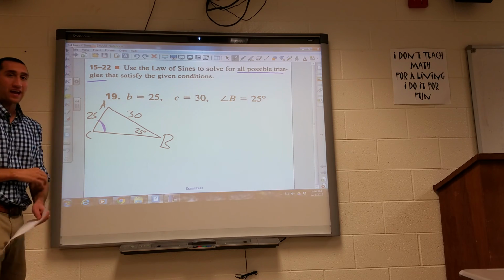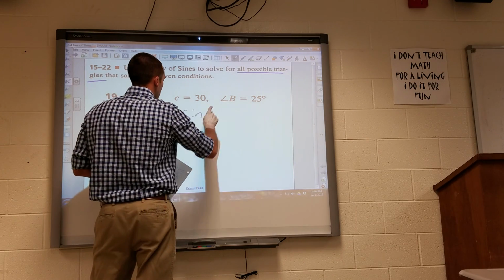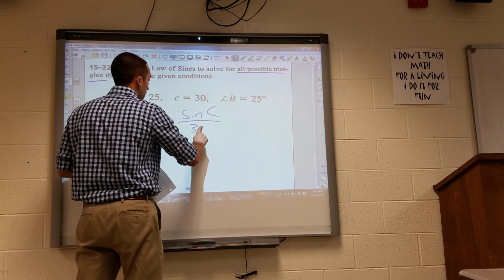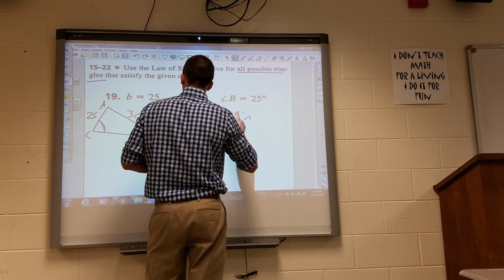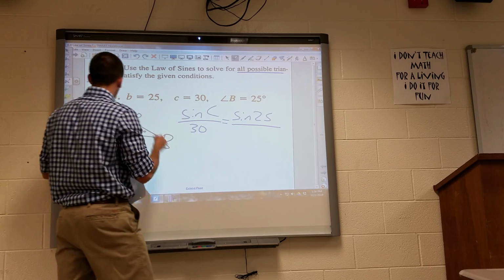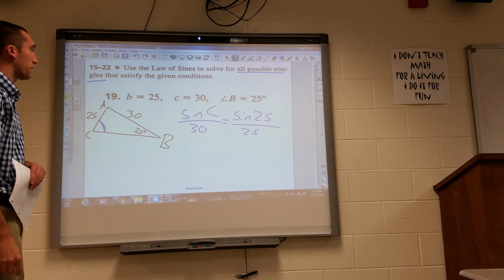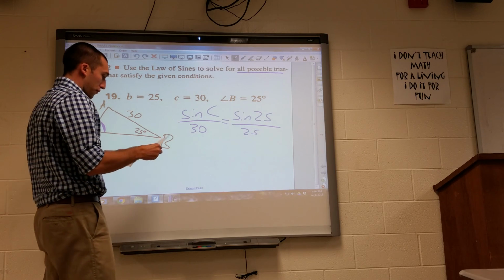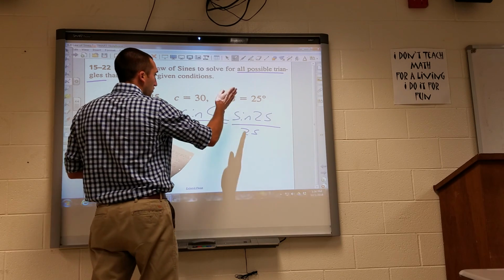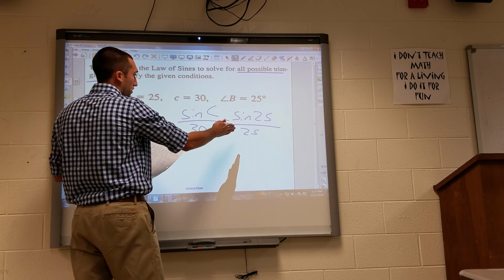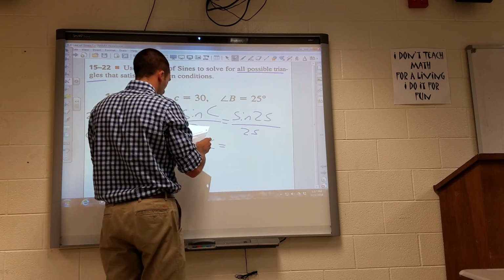First thing we're going to look for is angle C. So to find angle C, I'm going to have sine C over side C, which is 30, equal to sine of B, which is 25 degrees, divided by the side length of B, which also happens to be 25. Then after I do sine 25 divided by 25 and multiply that by 30, I get sine C is equal to